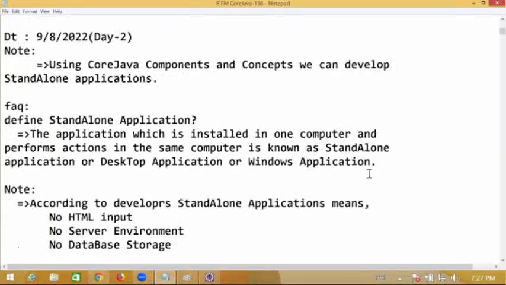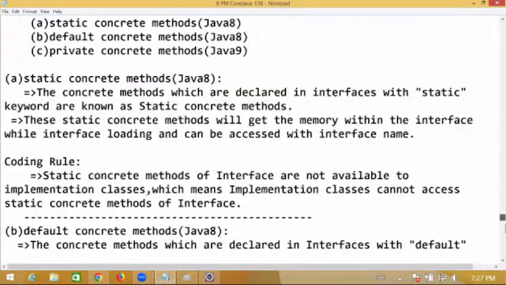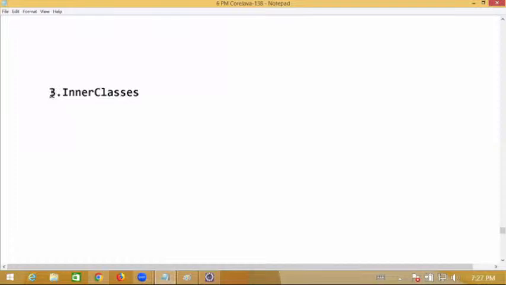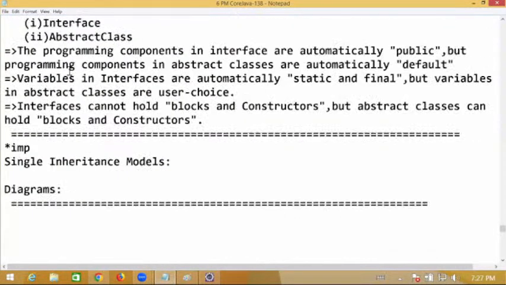These are the points, theoretical points. Okay. Here one inner class is there. No, this is a chapter. So the definitions I updated there. Orally, I discussed with you. Official notes will be in polymorphism. You have to wait. The polymorphism chapter will come. Now you are entering into inner classes, exception handling, polymorphism, conclusion of features,